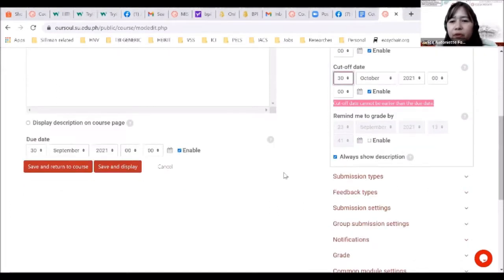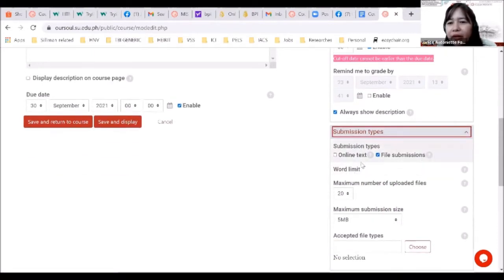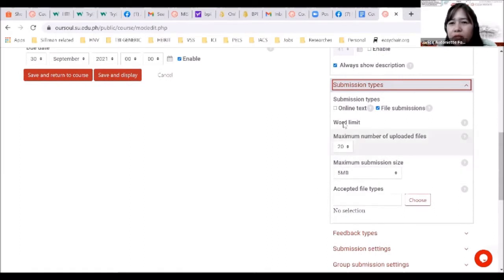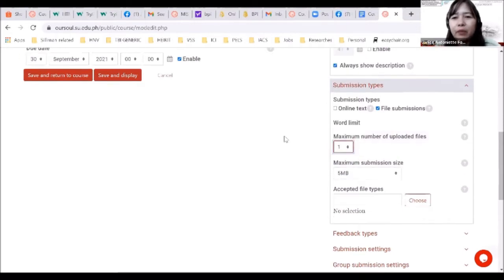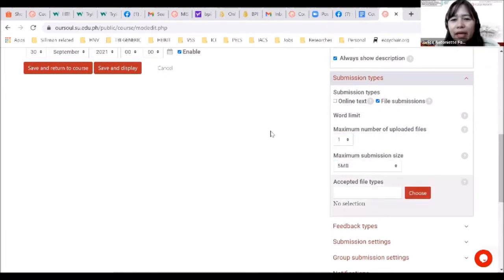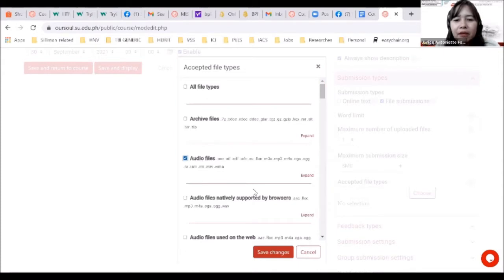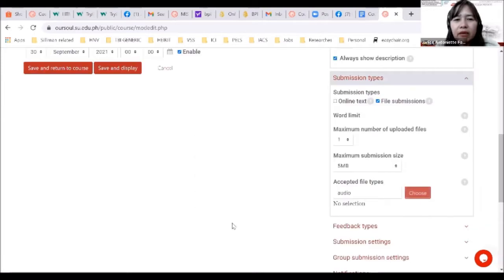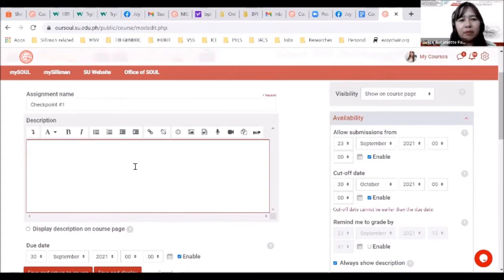Okay, now under submission types, this is where you can specify online text or file submissions, and say you only want 1 file. I'm not going to do the challenge that I posted on the screen earlier. And let's say I'm going to accept an audio file. Let's say that I'm expecting my students to submit the recorded interview portion of a particular